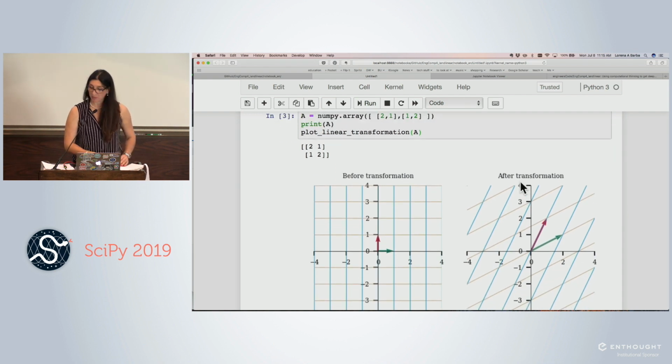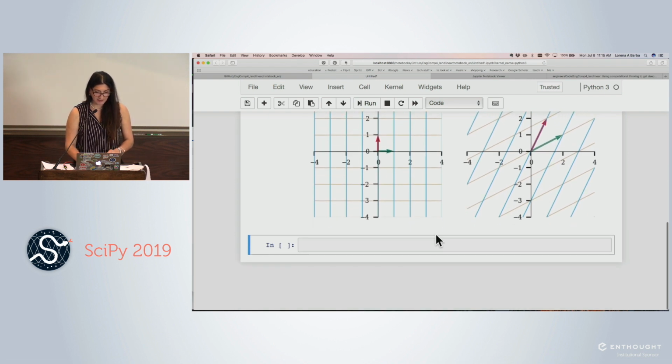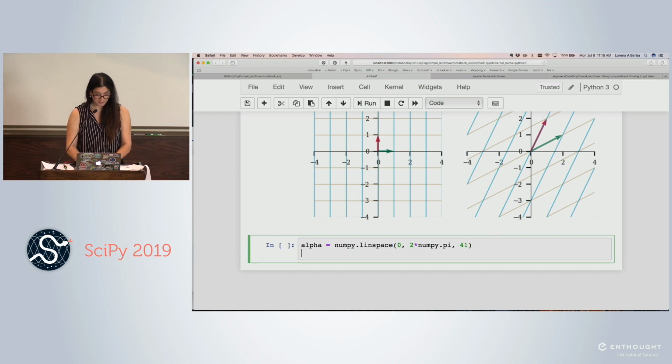Okay, there it is, the transformation that we were working with before. And we see that the 2 unit vectors got transformed to the columns of the matrix, which is what we've learned. So let's now repeat the process of looking at the unit vectors around a circle and the transformed version. We did that by creating a NumPy array from 0 to 2 pi, and we had 41 of these to start with. We create a list of vectors using the built-in zip function. And what do we use inside that zip? We have numpy.cos of alpha and numpy.sin of alpha. So that is going to be the list of coordinate pairs for the unit vectors around the